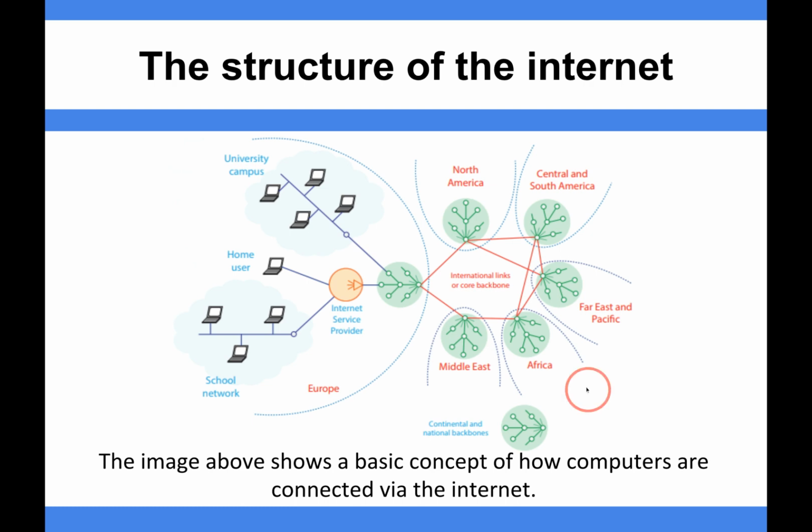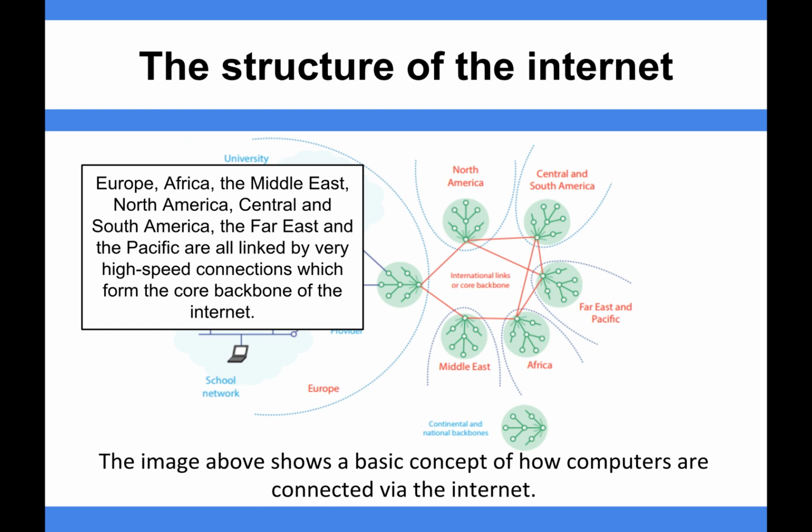And I've said here that Europe, Africa, the Middle East, North America, Central and South America, the Far East and the Pacific are all linked by very high-speed connections, which form the core backbone of the internet. So there is the core backbone, but it's not like on a bus network topology where you cut the backbone and the network dies. It's just you cut the backbone and the network slows. Okay, the internet is something that is almost unkillable now. So that is kind of the idea of the structure of the internet,